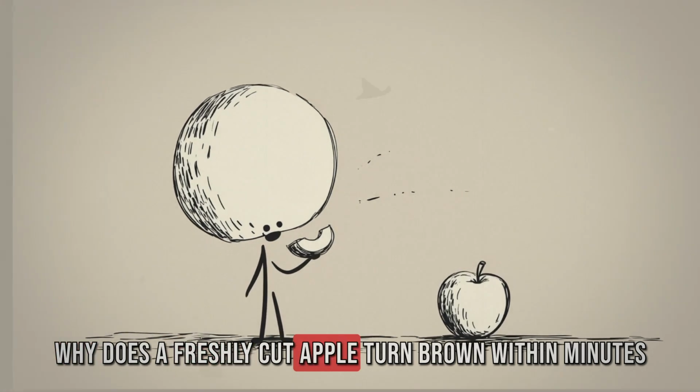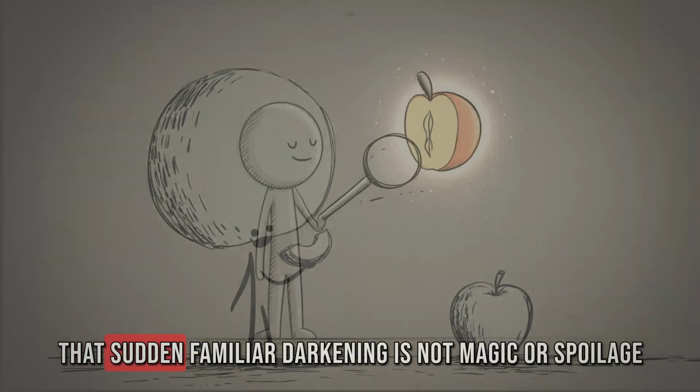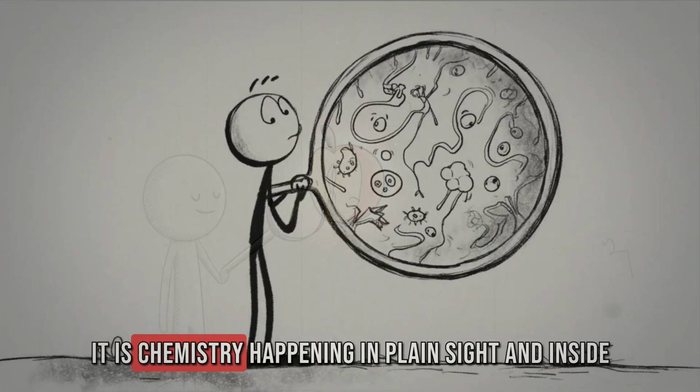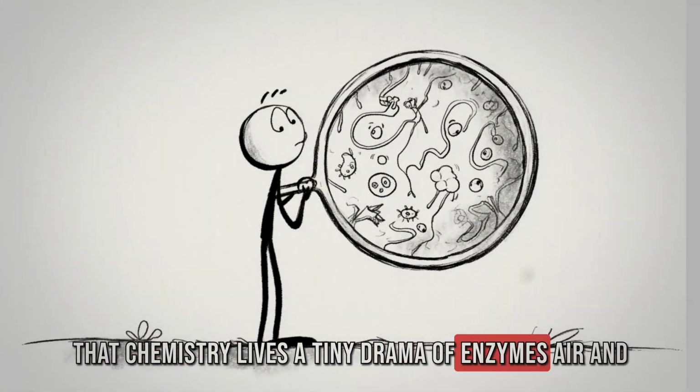Why does a freshly cut apple turn brown within minutes while an uncut apple stays bright and innocent? That sudden familiar darkening is not magic or spoilage in the dramatic sense. It is chemistry happening in plain sight, and inside that chemistry lives a tiny drama of enzymes, air, and cell